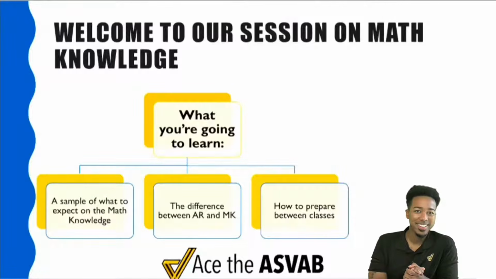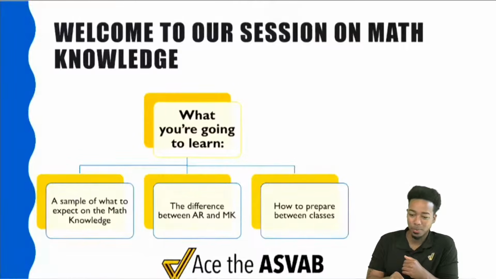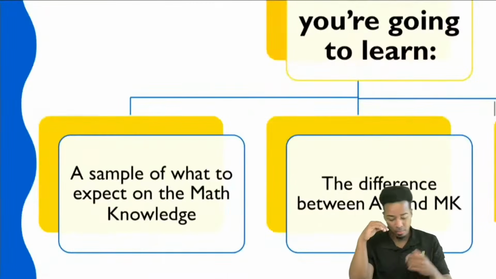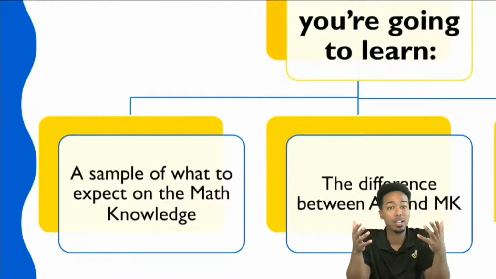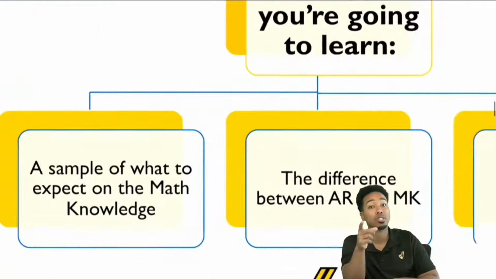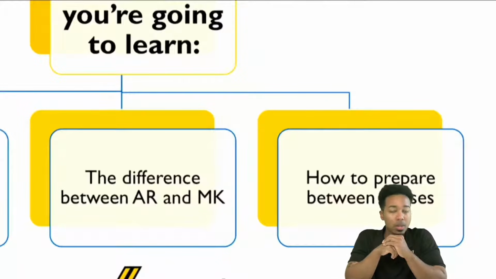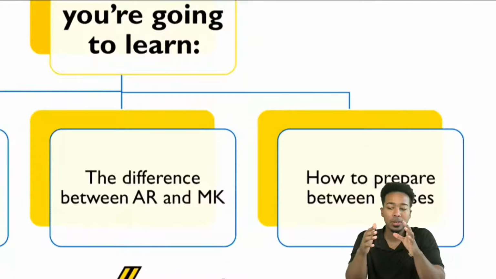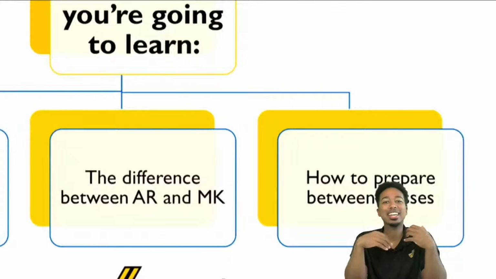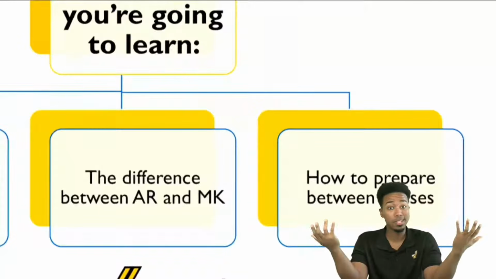Like I said before, now that the recording has started, we have three main things that we're really going to be hitting here. Number one, obviously, it's math knowledge review. We're going to be sampling different math knowledge questions, and that's going to help us understand even better what the difference is between arithmetic reasoning and math knowledge. Once we understand that difference, you're really going to see that AR and MK aren't just math. They're different types of math, and it's a different way to prepare for each one. And once you understand how to better prepare, it's better for you.